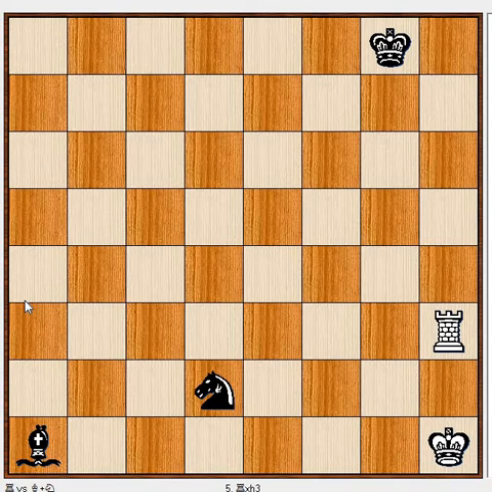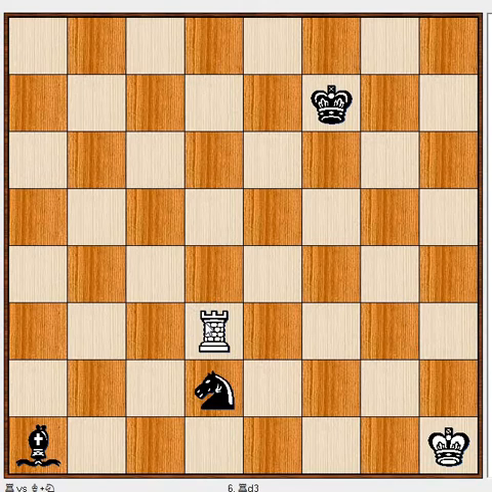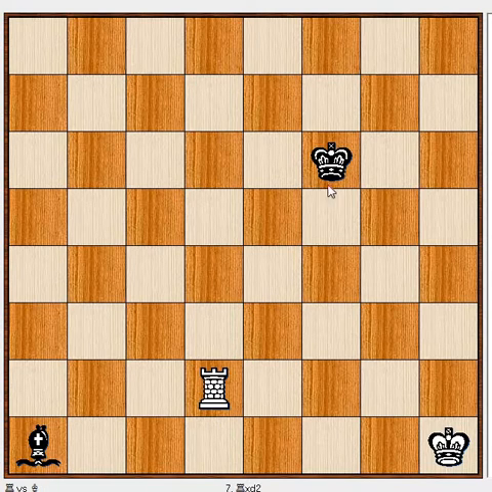Now black moves his king. We can see that there is no piece either on the sleeping line or on the standing line. So white moves his rook here, and you see what he has done. First he went to the line of the black knight, and now he captured it.